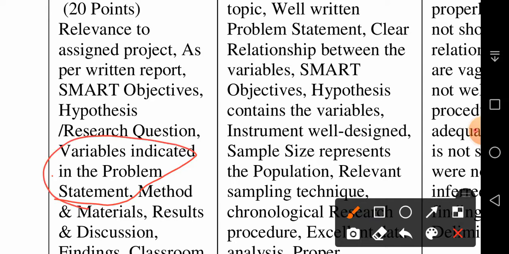Then variables included in the problem statement, because you have to write a problem statement. During your presentation you have to mention that this was your problem statement. So you have to show this problem statement on the screen in a slide. The evaluator, the teacher, the tutor, just examines whether variables have been shown. Variable is a technical term.